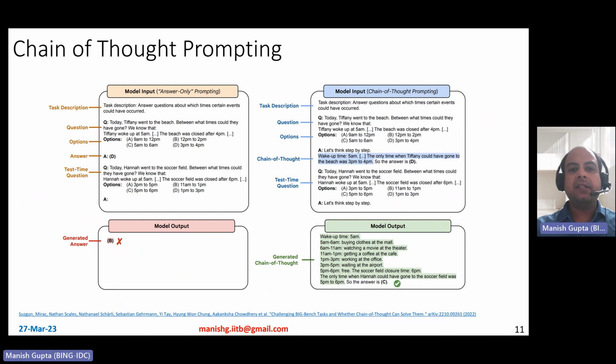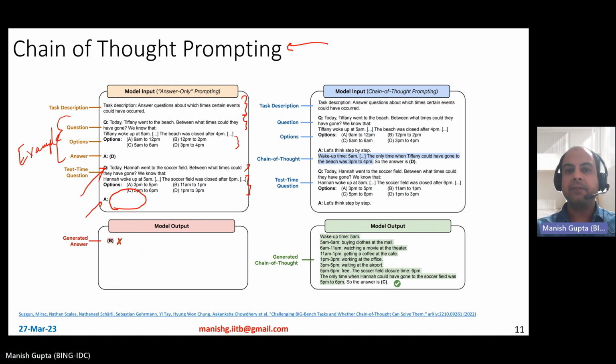Recently, people have started also doing something called chain of thought prompting. So the usual prompting works as follows. You basically give the task description, you give, let's say, a question, and then you can give options, so multiple choice question answering. And then you give an answer. So it's an example to tell the model, hey, this is how you should solve the problem, right? And then you give your own question and you give the options and you expect the model to produce the answer. And notice that you can give A colon, Q colon as extra hints for it to understand the pattern.